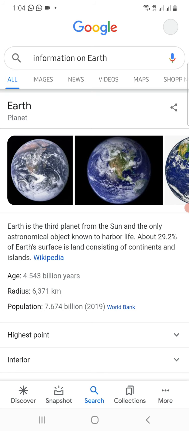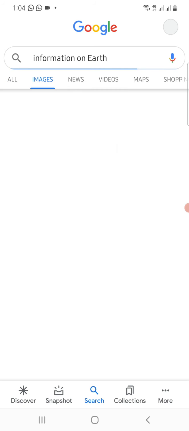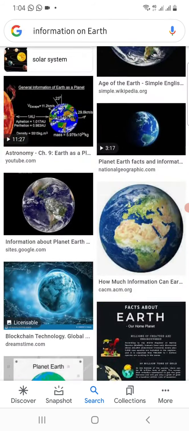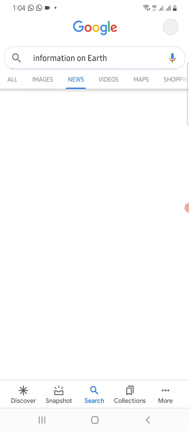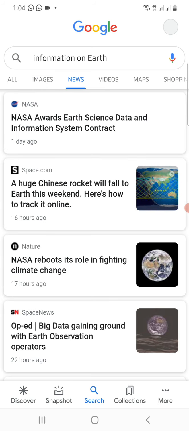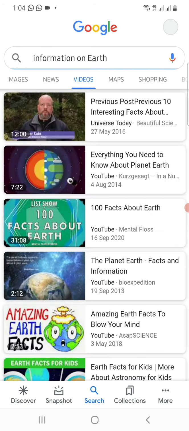It gives you the All option here. If you click on Images, it will give you all the photos about earth. Then you have News, where you can see the information on earth and what are the news about it. You have the Videos option.